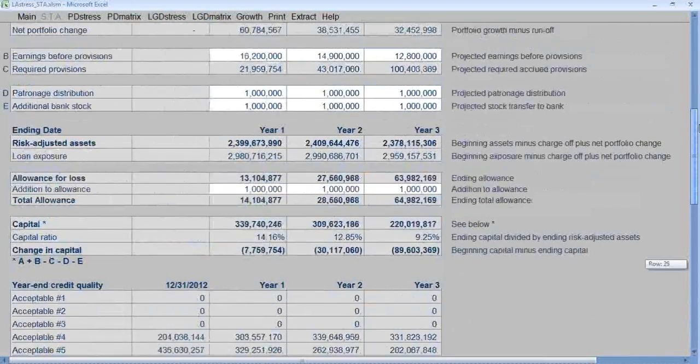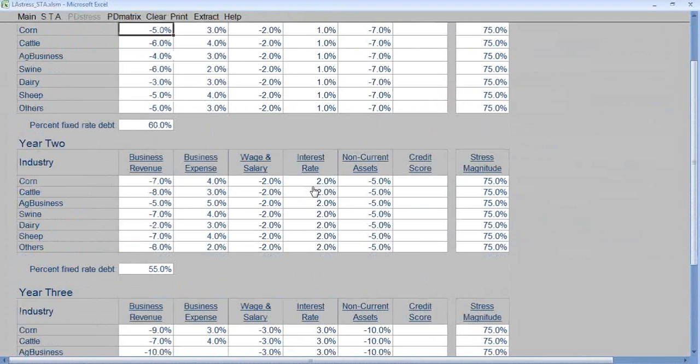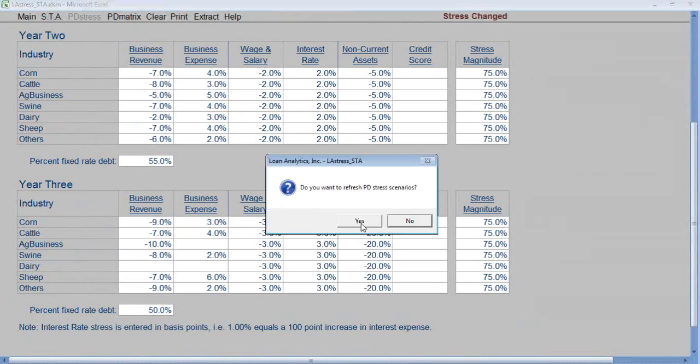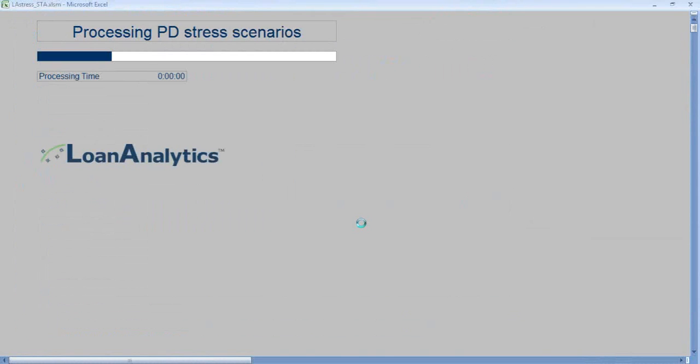We can also quickly look at a reverse stress. What would it take for that capital ratio to go down to close to regulatory capital from the 9.25 down? What we're going to do is we're going to go back to the PD stress screen, and we're going to do an additional stress on non-current assets. Instead of 10% that 3rd year, we're going to take it down 20%. And click the STA button, and we're going to recalculate the charge-off, and also then recalculate the capital ratio that 3rd year out. With that stress being applied,